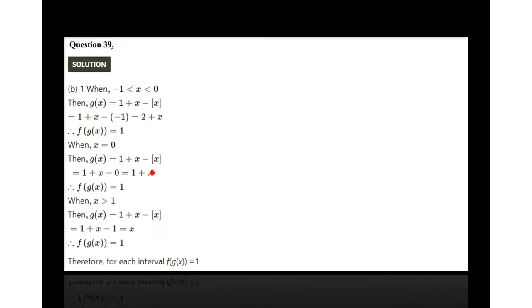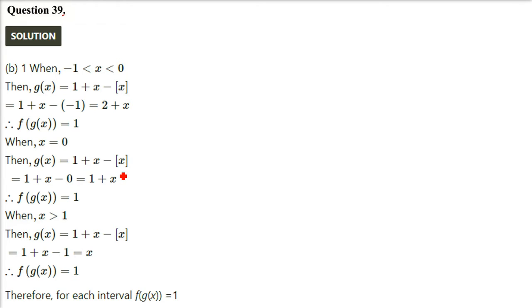Next question is question number 39 in my edition. So this question needs a lot of different kinds of thoughts and knowledge, because we need the greatest integer function. This is the answer in front of you, but I'll change it. There are certain changes also, and I'll explain wherever the changes are there.